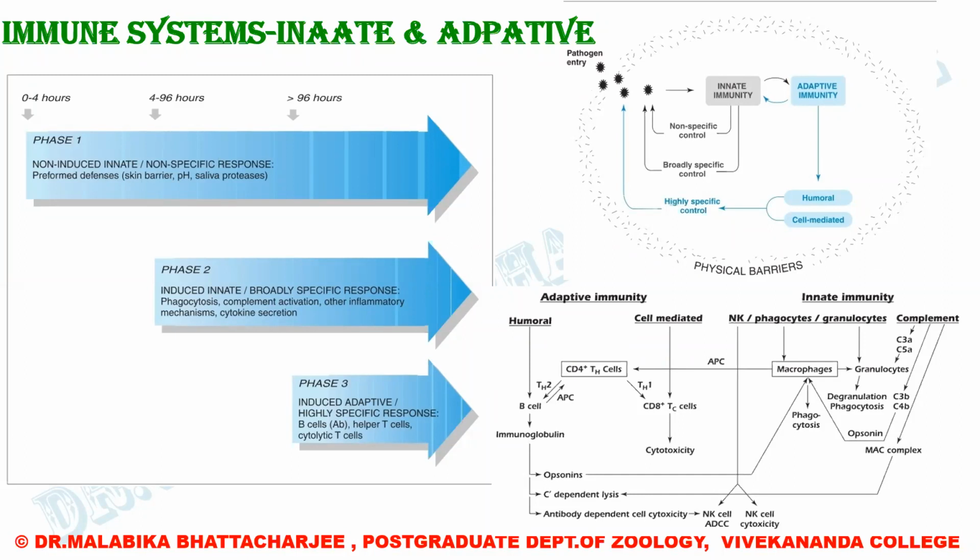1987, Susumu Tonegawa for his work on the immunoglobulin genes and the mechanism by which antibody diversity is generated. 1990, Joseph E. Murray and E. Donald Thomas for their work on organ and bone marrow transplantation. 1996, Peter C. Doherty and Rolf M. Zinkernagel for the discovery of the MHC restriction of T-cell responses. 1997, Stanley B. Prusiner for his discovery of prions, a new biological principle of infection.